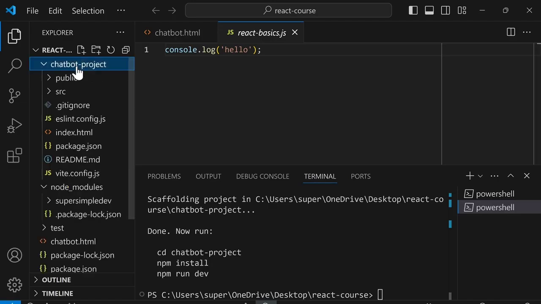Next, we're going to go into this folder with our command line. To do that, we can use the command cd or change directory and give it the folder name chatbot